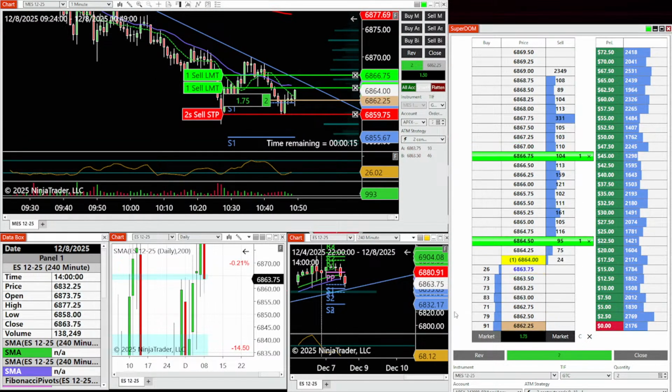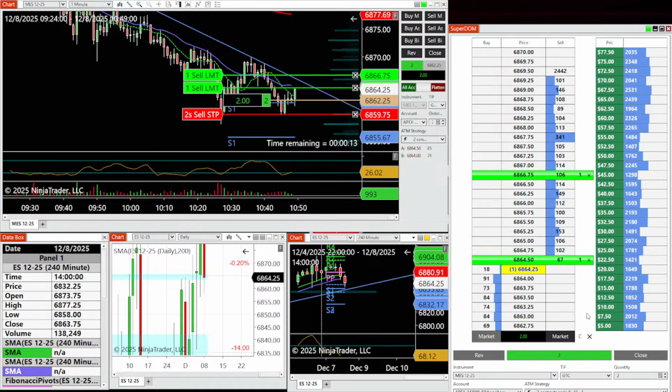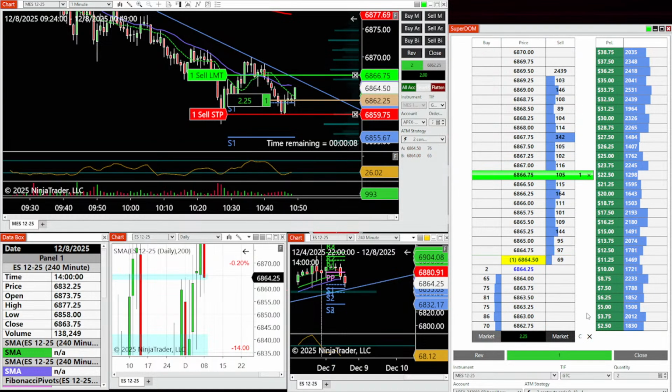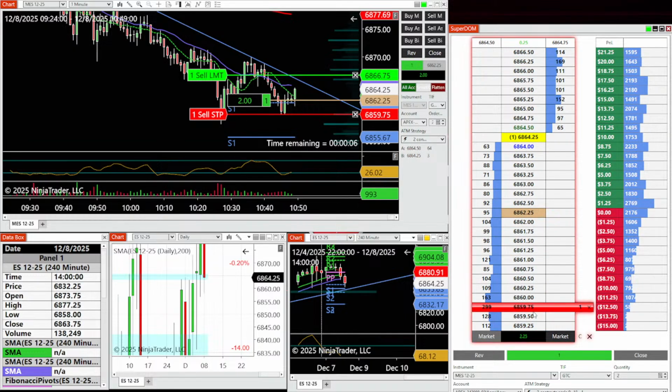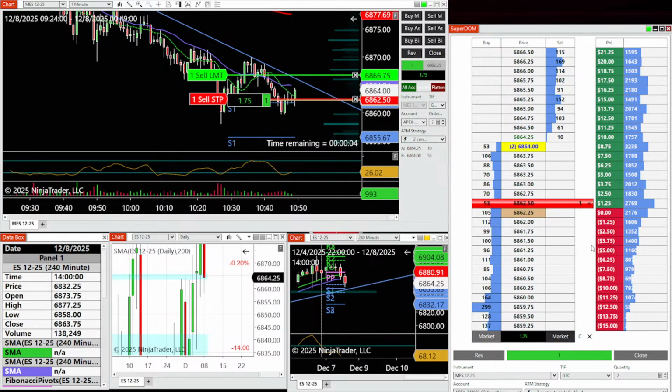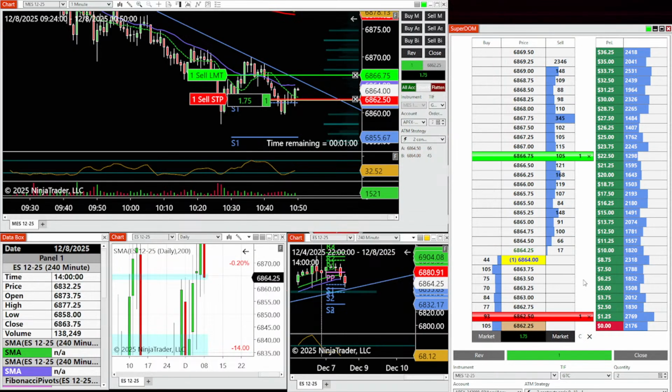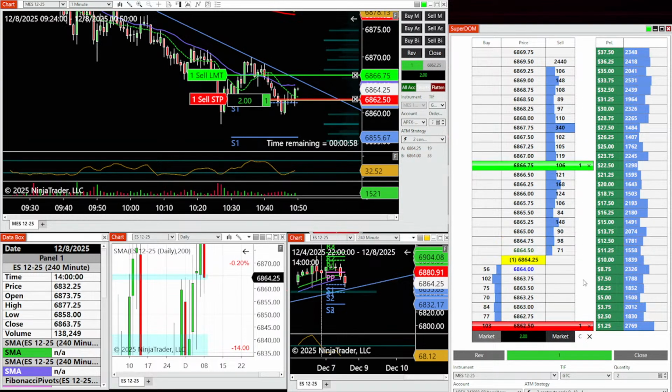Can I get a first target? Touching. Okay, first target hit. Move to break even. See if we can get the second target before we come back down. I'm looking for the squeezes. I'm not looking for the